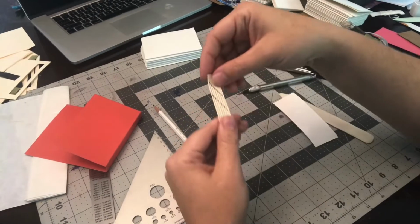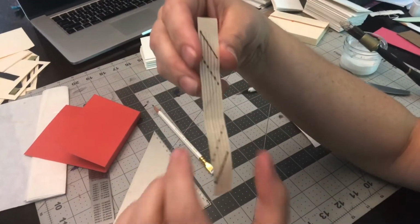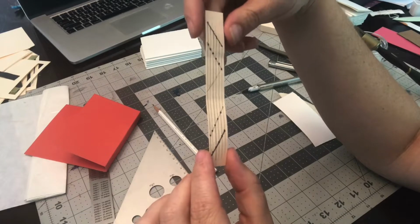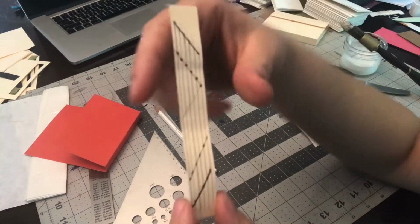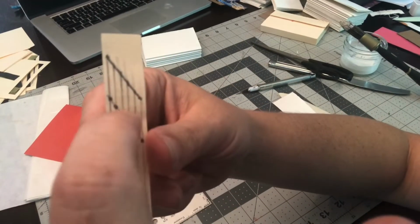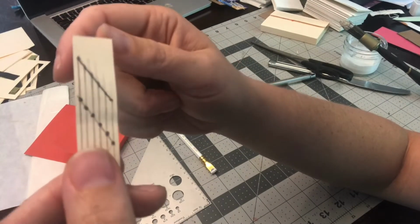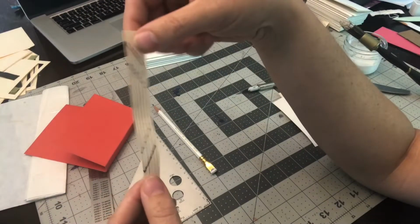Okay, I made this sewing guide. I just kind of made this up as I went along. I spaced these lines out in a reasonable distance. I offset the sewing stations because if these were directly side by side each other, then the string would probably tear through. So I put them on an angle so that these holes wouldn't be so near each other. And you'll kind of see how that plays out